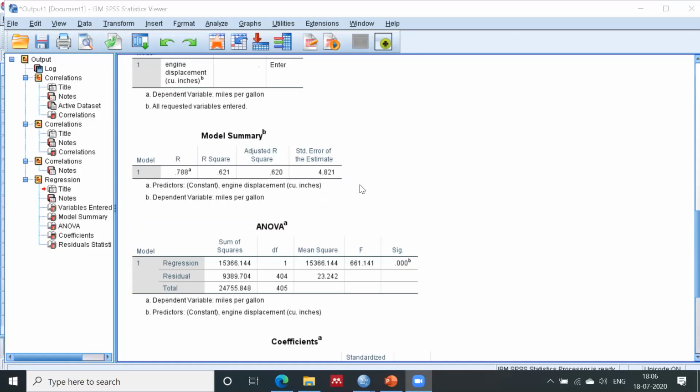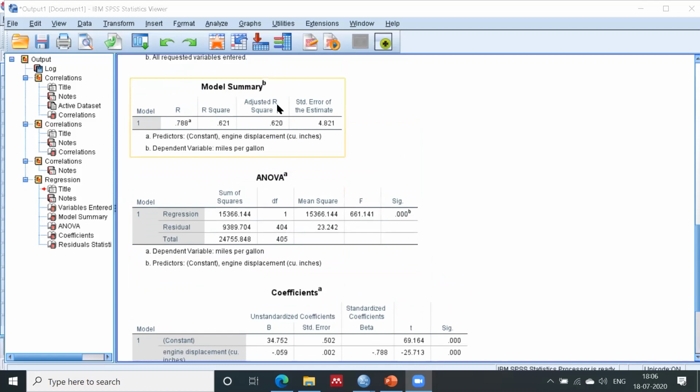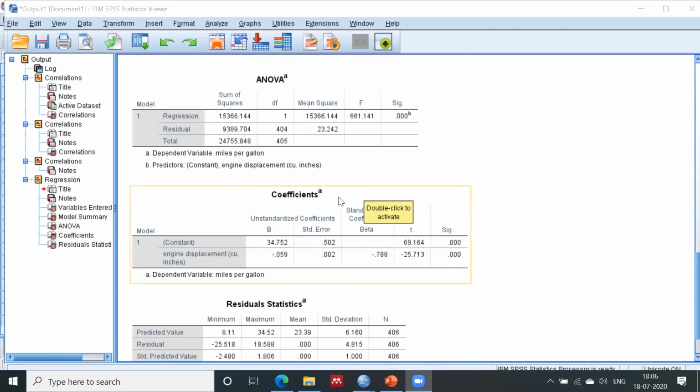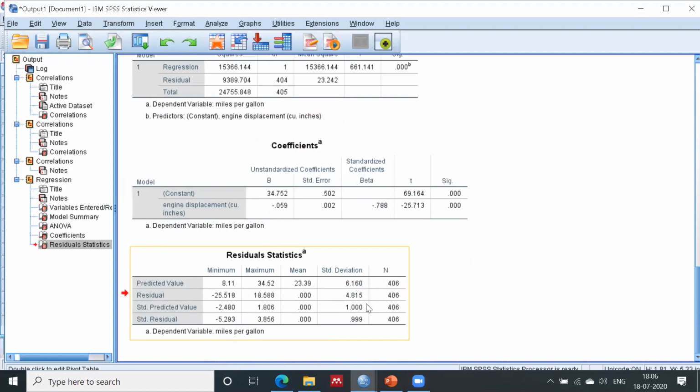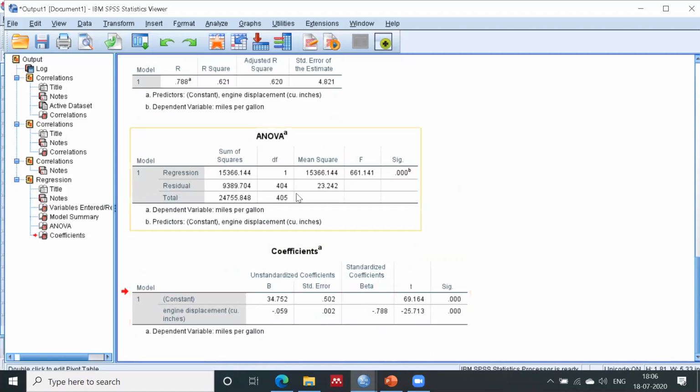Correct. Now, can you say the 62%, the value of adjusted R square, is quite acceptable? Because if you see in the coefficients, the value is significant. You will find the engine displacement is significant. It is less than 0.05. So the value is significant and the model says 0.62 if we take only engine displacement. Residuals you can leave right now. Correct. So the adjusted R square, see the ideal value, I can write it here.